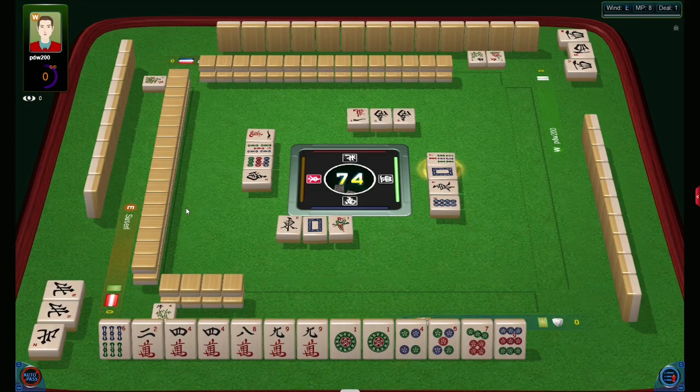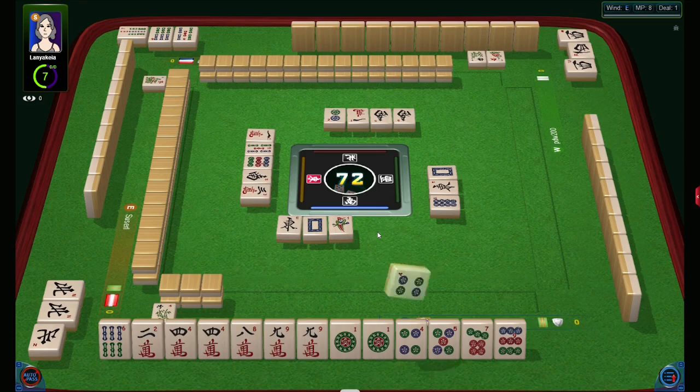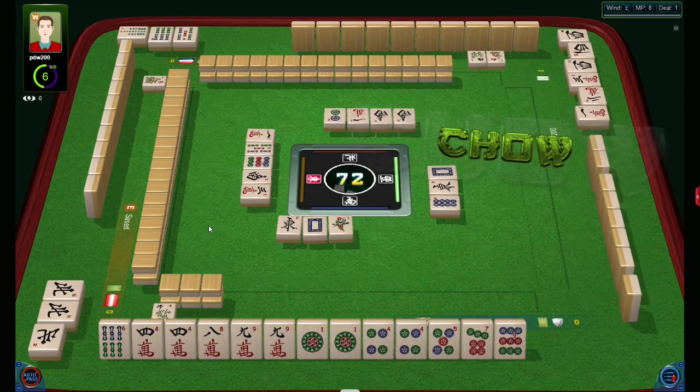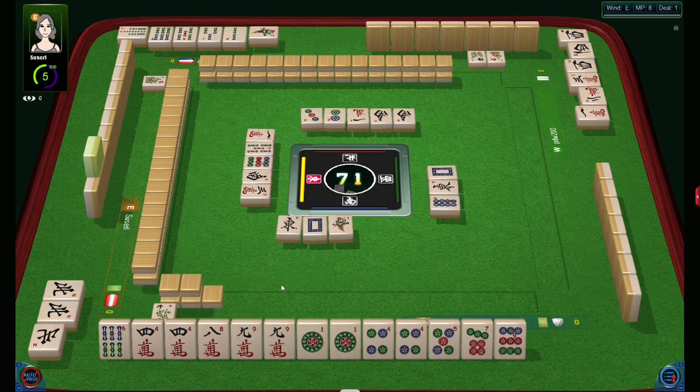Maybe it will be something like pure straight and dots. I need only 2 or 3 dots to think about this hand. I collect pairs. That's curious. Okay. Maybe it will be pairs after all. Or I can try to collect some pungs as long as I have 2 pairs of 4s. I can think about